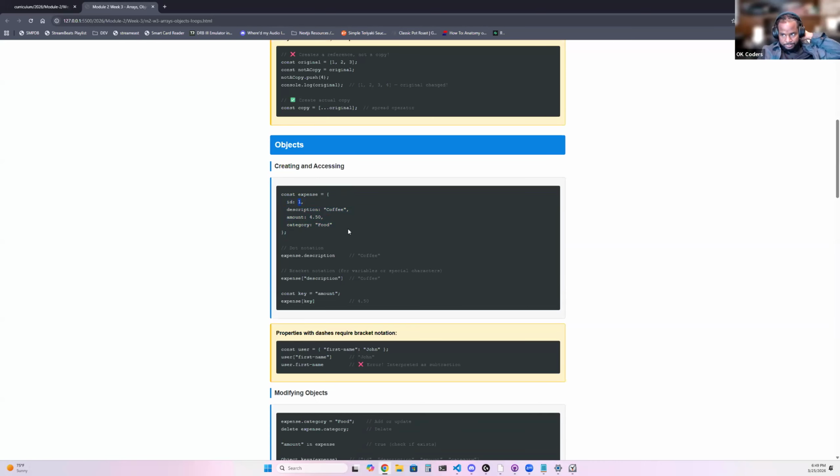We know that item one is at index 0, item two is at index 1, and item three is at index 2. So let's say the array was called expenses. You would write expenses, then bracket notation of two,